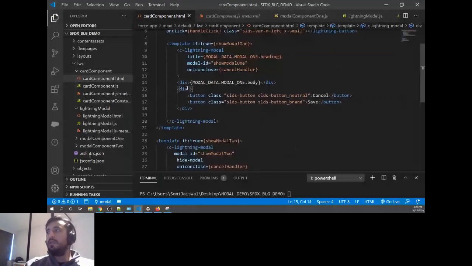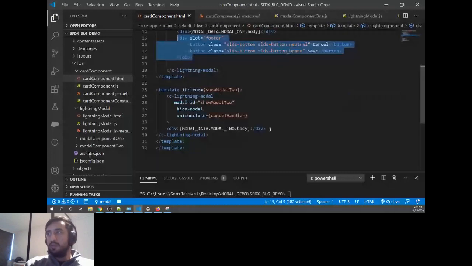So I just bring out the button to the parent now. So the parent has the freedom, he wants to add the handler here or not. Similar thing I'm gonna do here as well, to my second component with the footer, cancel and save. And I know already on the click of cancel, I have to call the cancel handler.